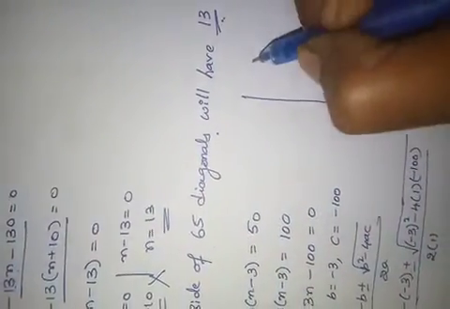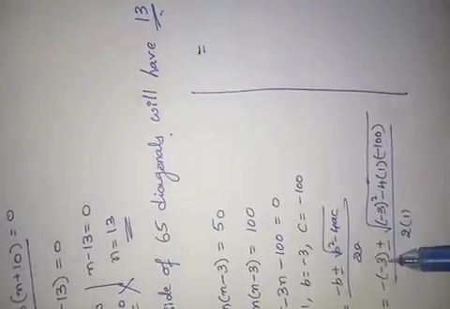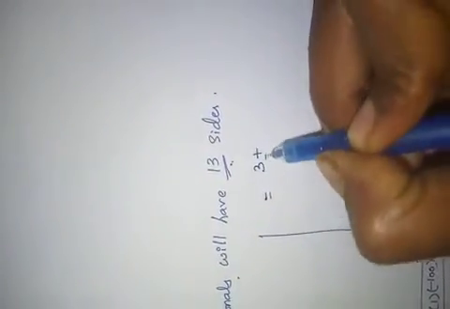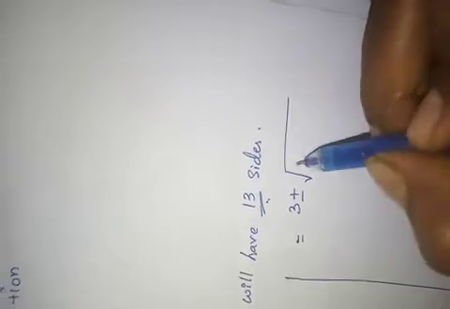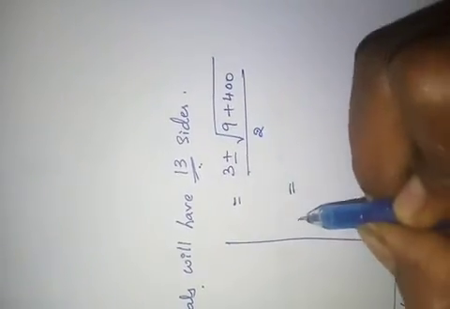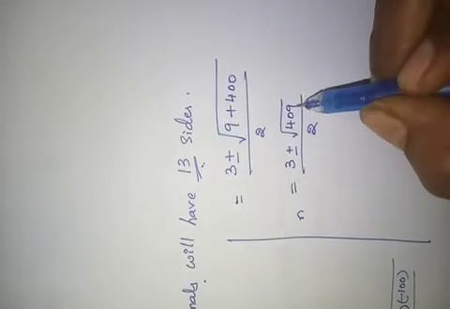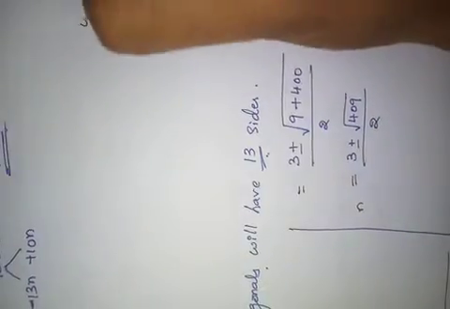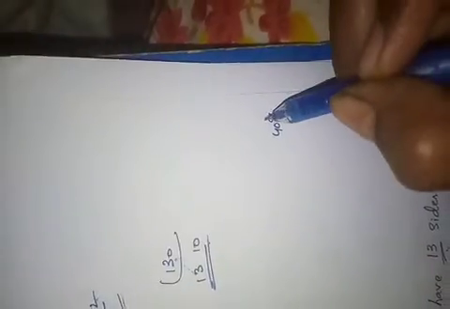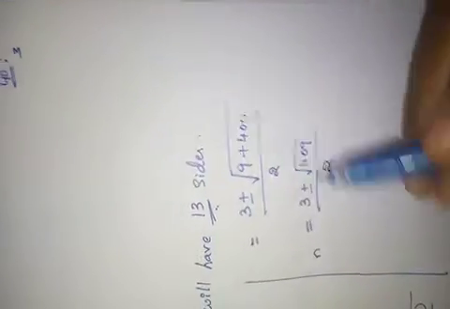I am solving here itself, because changing the paper will take some time. Minus into minus plus 3 plus or minus root of 3 square 9. Again, minus into minus plus 100 into 4, 400 by 2. That equals to 3 plus or minus root of 409 by 2. 9, okay. What is the factors we have? 409. For finding the root value, take from this side. How much? For 9 means 3 3s are. For 409, is there any root? For 409, there is no root.